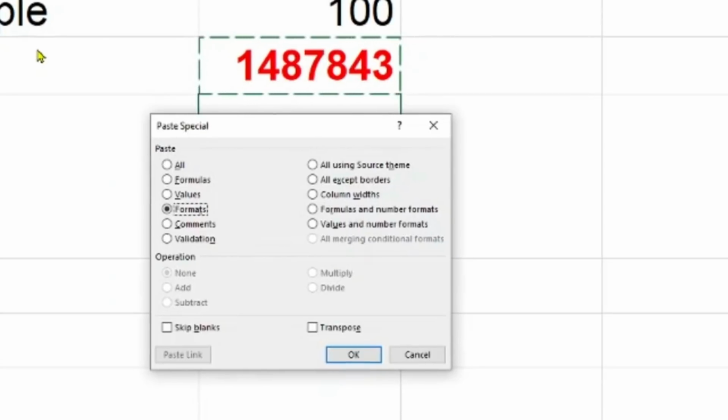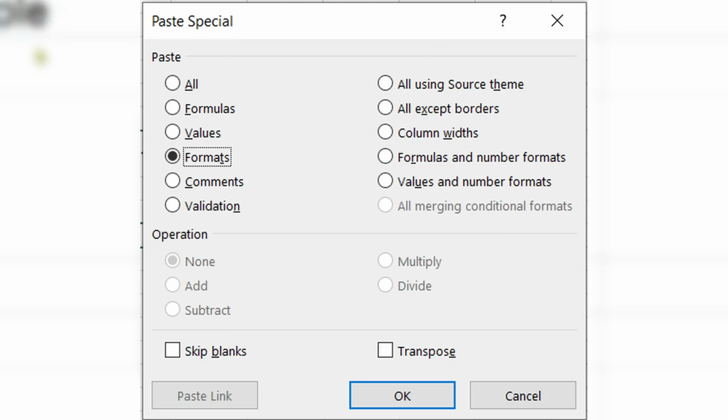Now if you see, this says paste special. So basically it is the same thing which you would have otherwise right clicked and went to paste special and then selected, or this window would have opened. So in this scenario, it says all would also copy the values. Formulas, if there is a formula. Values, just the value, paste special values, which means it will remove everything, whether it's a formula, formatting, anything, and paste only the values. Formats is the one I was talking about. If I do this, it will make it bold and red.